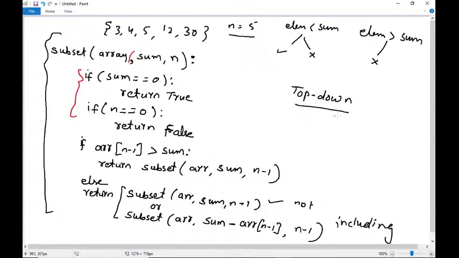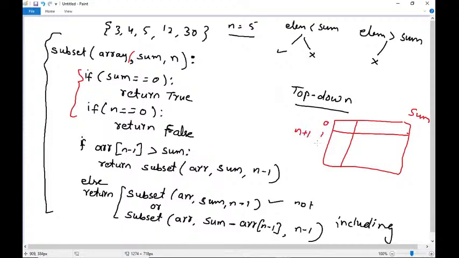If this is the sum and this is n, 0, 1, 2, 3, 4, 5, and total elements I'll keep n plus 1, and here the 10. So if the sum is 0, I'll fill all with true. And if n is 0, I'll fill all with false. Corresponding to these two lines, if sum equals to 0, n equals to 0, I'll write the equivalent